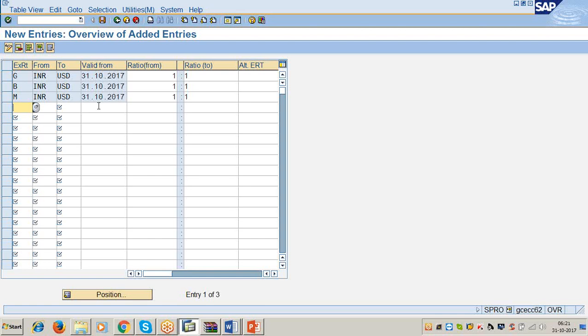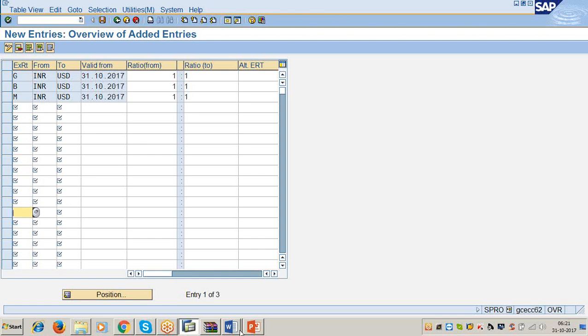You are exporting to 100 countries. Then you may be incurring the business transactions in 100 currencies. So you have to define the translation ratio for all the 100 currencies. And this translation ratio is to be defined for each exchange rate type for every foreign currency. Suppose if you are having 100 foreign currencies, 100 into 3, 300 lines are to be entered here.